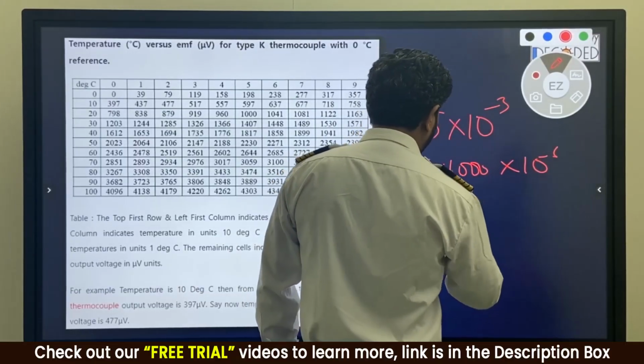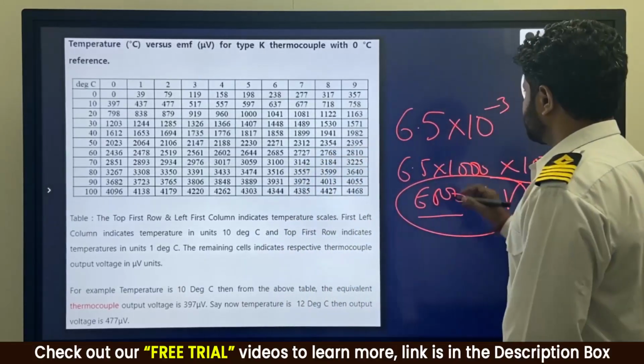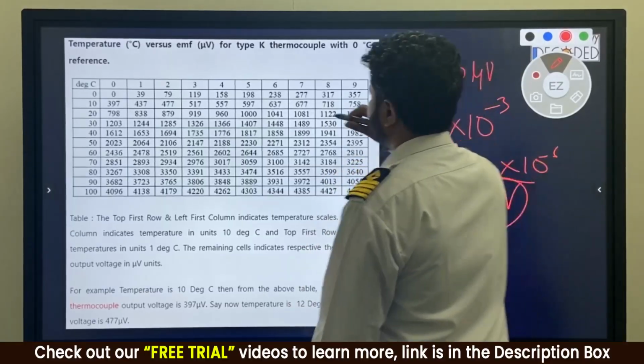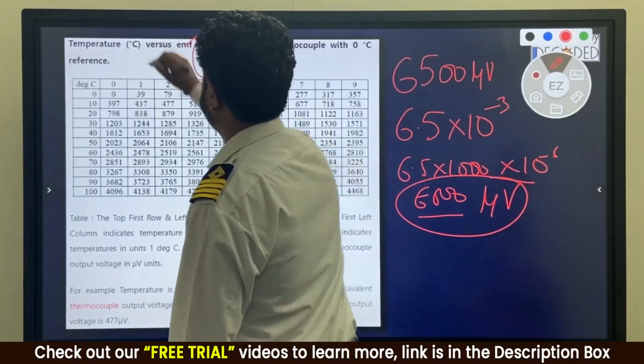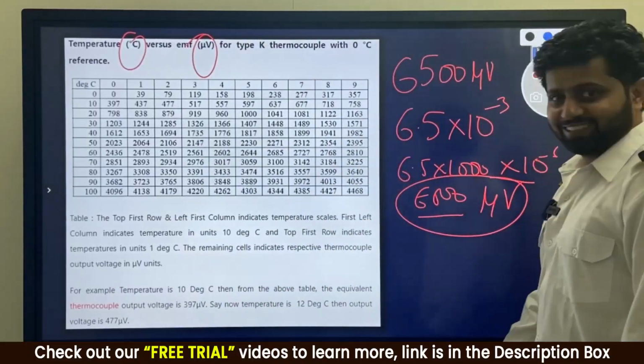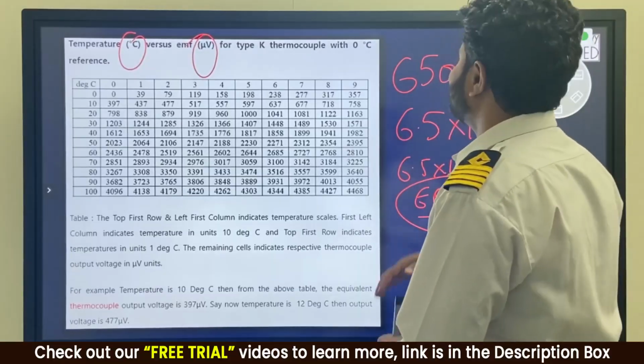That makes it 6500 microvolts. 6.5 millivolts is 6500 microvolts. Why am I saying microvolt? Because the chart is in microvolts and temperature in degree centigrade. So 6500 is not in the range here, sorry guys. If it were, things would have been different. Anyways,